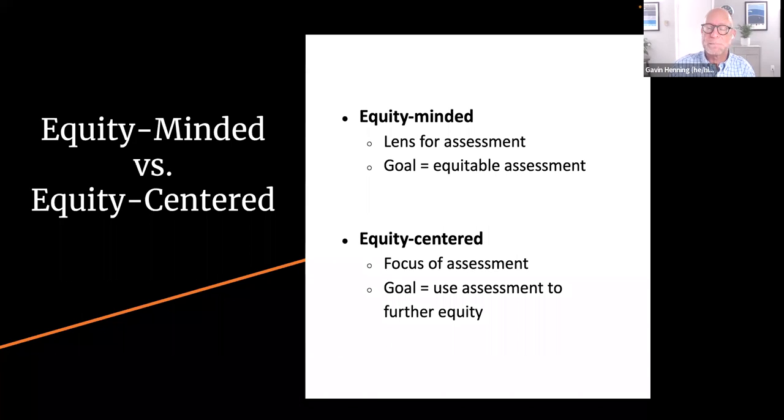Equity-centered assessment is a new opportunity for higher education. Now, the focus is on assessment and the focus is using assessment for equity. So what I would argue is that all of our assessments should be equity-minded, but we should think about how we use assessment that can be equity-centered. So the focus of assessment is actually to foster equity, really as a vehicle for that.